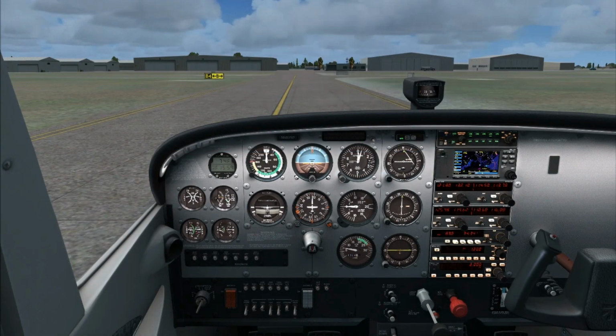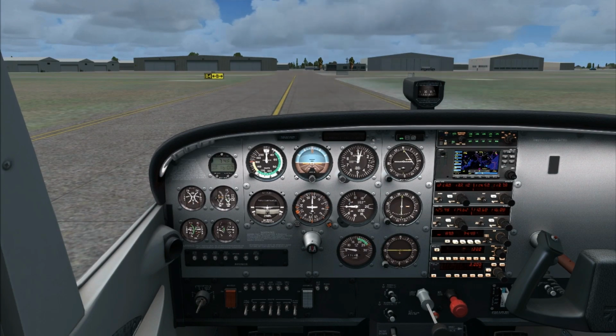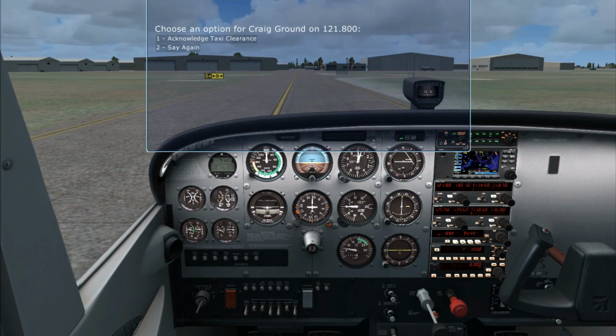I'm still using the November 5, 83 Sierra Papa, taxi to General Aviation Parking. Taxiway runway 4 from Alpha 5. Roger, taxi parking